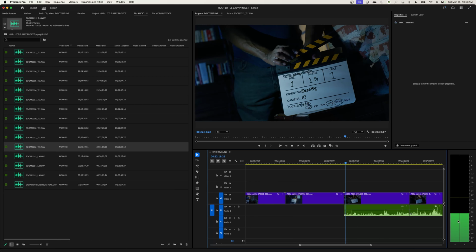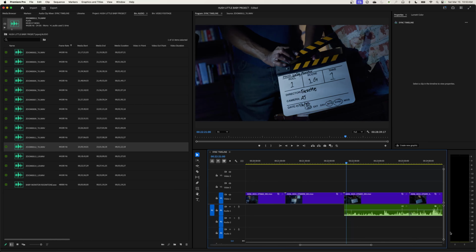Yep. Camera rolling. Cool. You'll see both the left and right channels popping up and down here, and they are